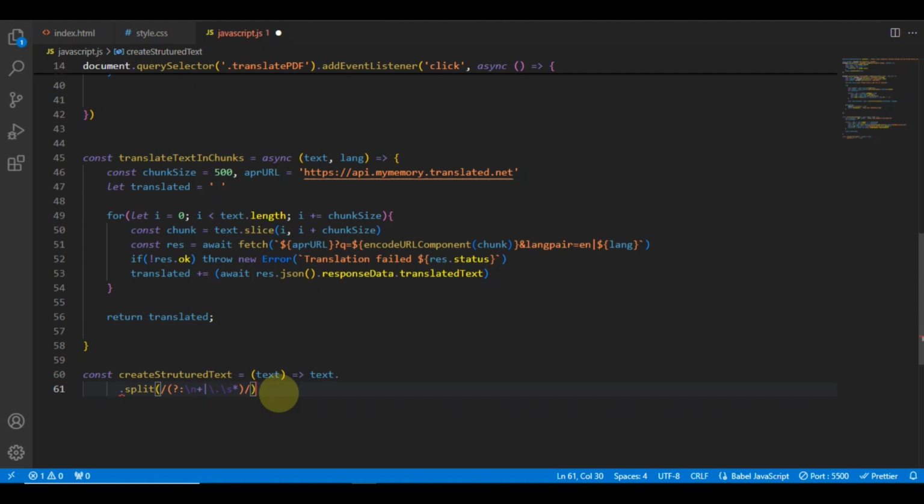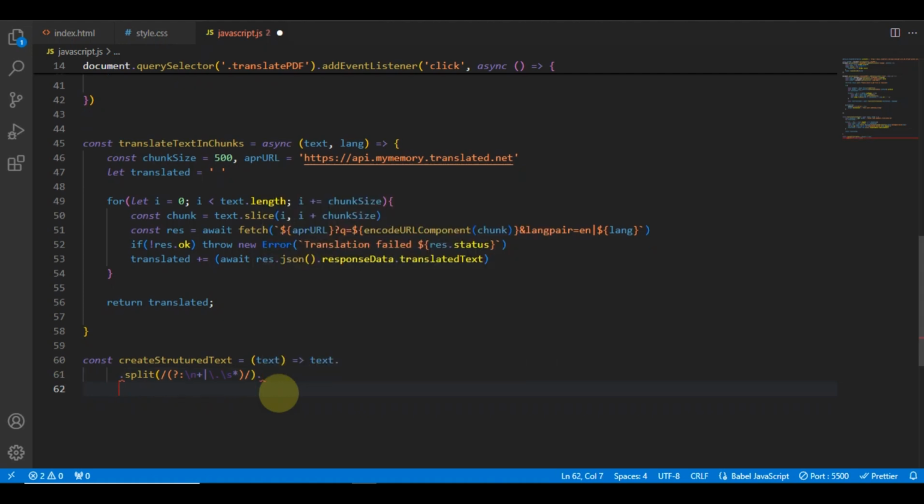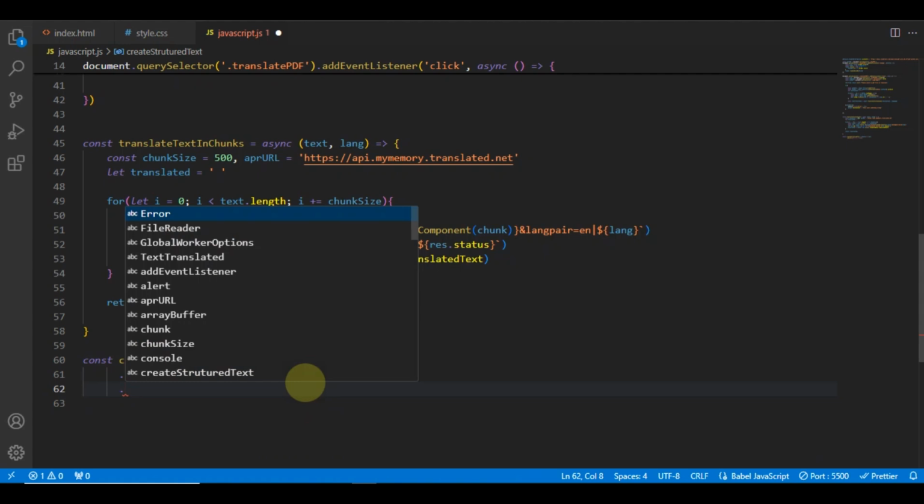So this splits a string into an array at either one or more newline characters or a period followed by optional white space, effectively breaking the text into sections or sentences. And then we need to create a filter,